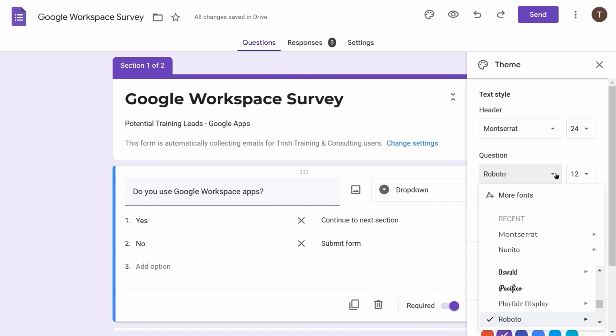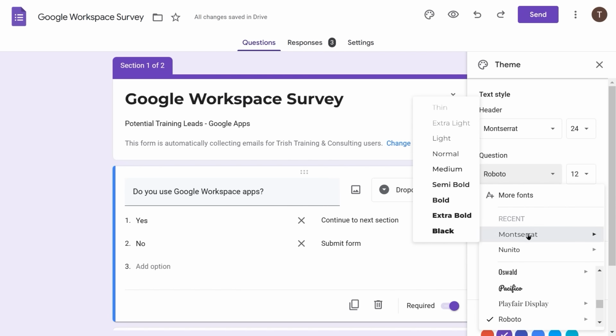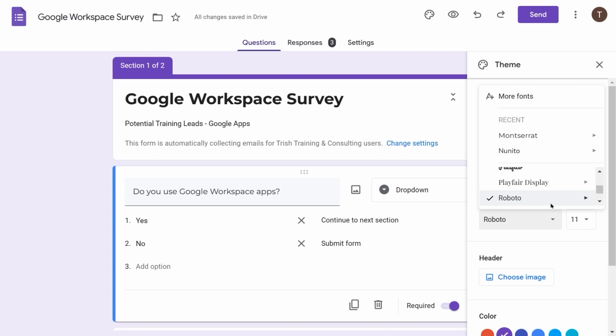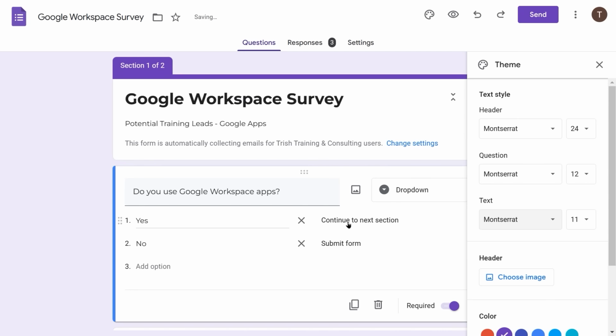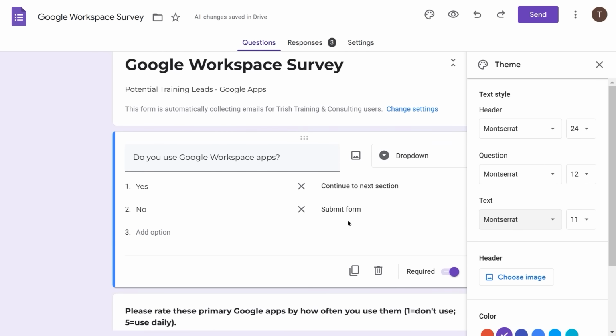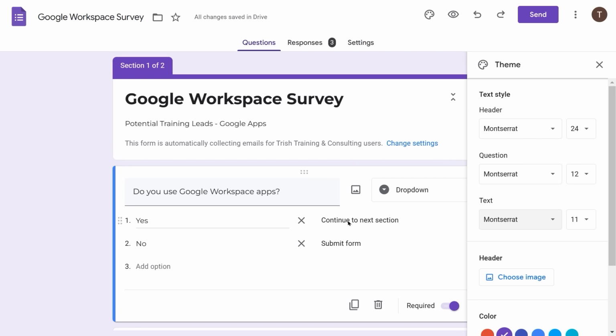And then for the question, I'm going to change it to just plain Montserrat for every question. And then for any text that's like in the answers, that's also going to be Montserrat. Answers, descriptions, that kind of thing. So I like consistency with the font. It's just my personal choice, but you can choose what font types you want for header, question,